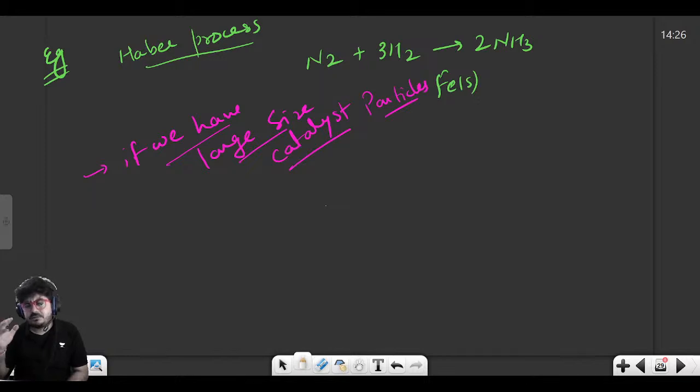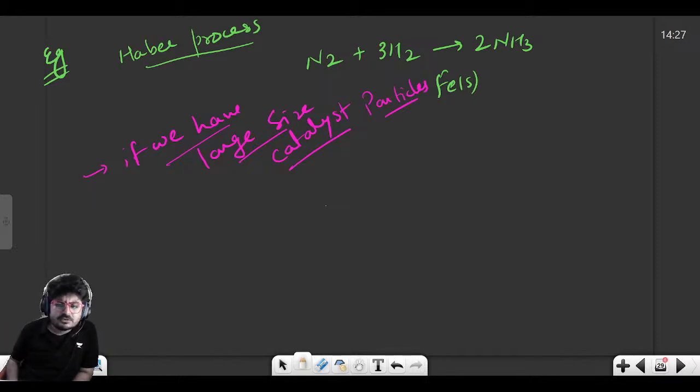So here you guys know how catalytic reaction occurs. Those 7 steps, I hope you know that. First, the molecules will move from gas phase to external surface of catalyst. Then from external surface of catalyst, they will diffuse inside the pores of the catalyst. Then the adsorption, surface reaction, desorption, then diffusion from inside the pore to external surface, and then from external surface to gas bulk again. ठीक है, तो सपोज अगर हमारे कैटलिस्ट पार्टिकल्स लार्ज हैं,